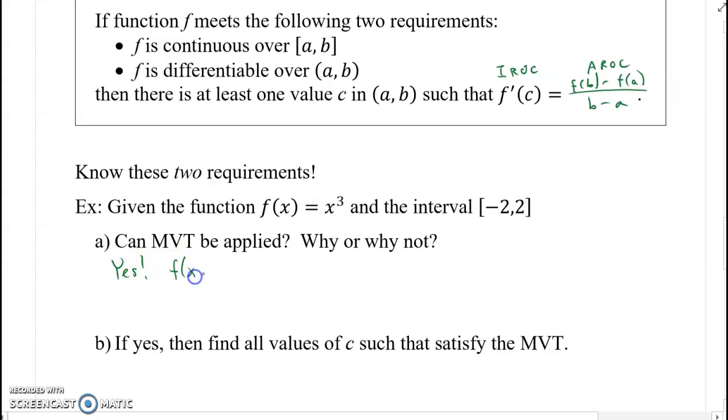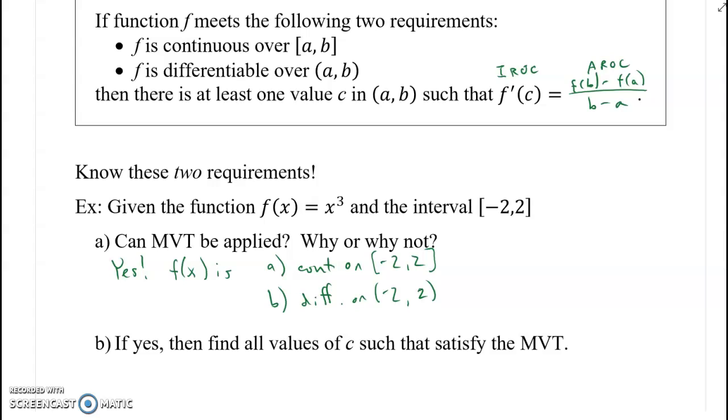f of x is A, continuous on the interval -2 to 2, and B, differentiable on the open interval -2 to 2. Generally speaking, you don't have to go through the proof of those two statements. You just have to say explicitly that those two requirements are met. And because we get a yes here, we have to find all such values of c that satisfy the mean